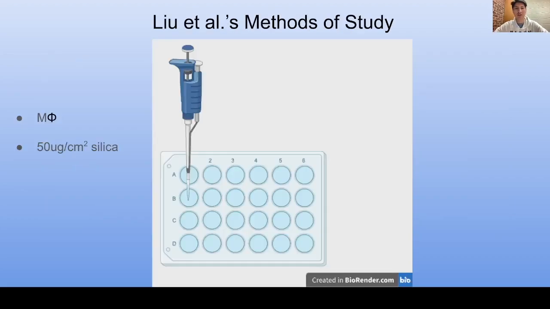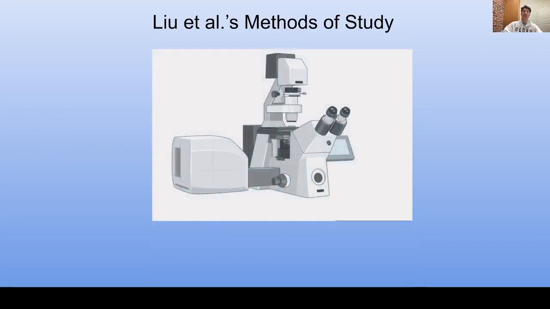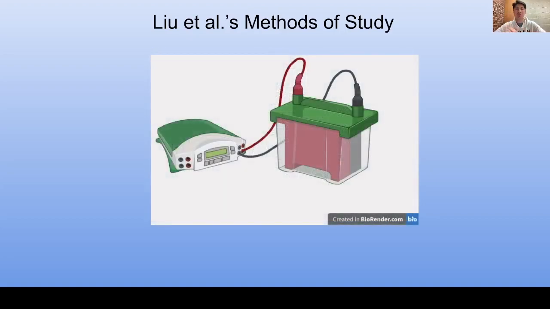So Liu et al. wanted to study how autophagy is involved in silicosis and what the molecular mechanisms involved are. To test this, they cultured macrophages and exposed them to 50 micrograms of silica per square centimeter or nothing. They then took these macrophages and performed fluorescent microscopy on them to determine where proteins of interest are and their expression levels, and performed a Western blot analysis on them to determine the amount of proteins of interest